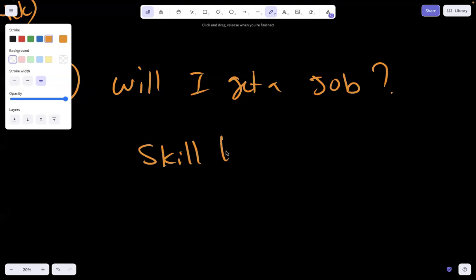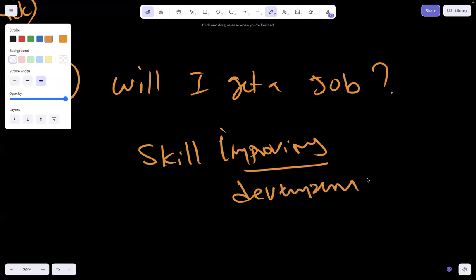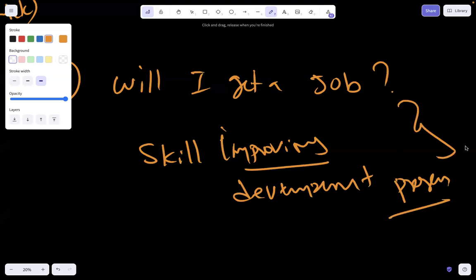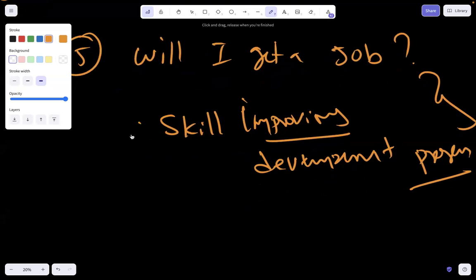This is a skill, what do you call, let's say skill improvement. Yeah, skill development. I think that sounds good. Skill development program. But we mostly focus on real time things only, because whatever is open out there, open